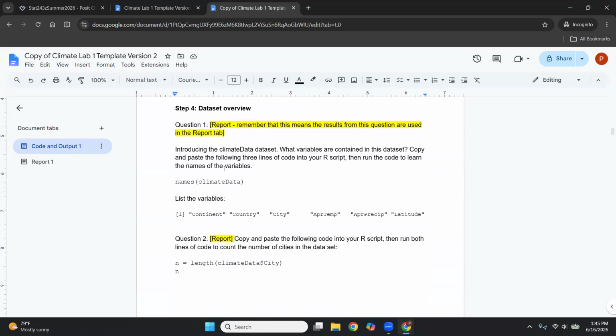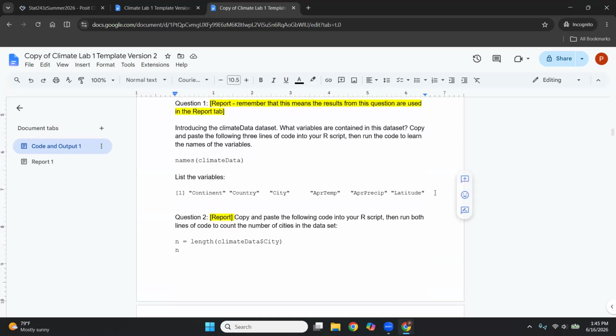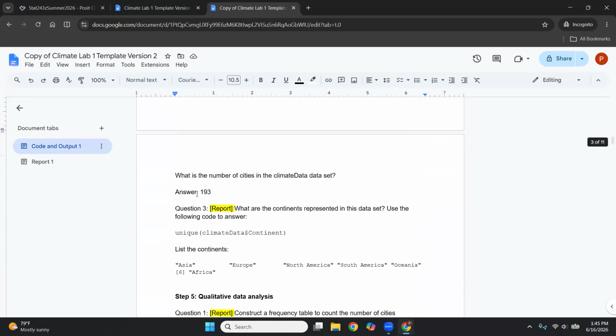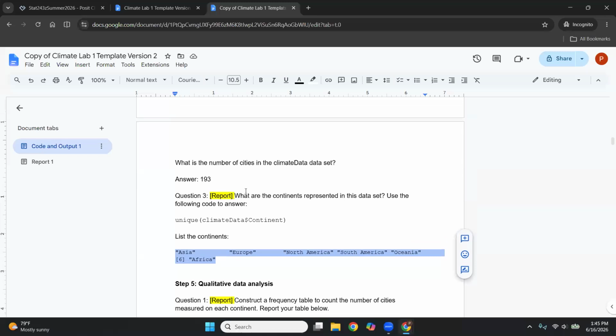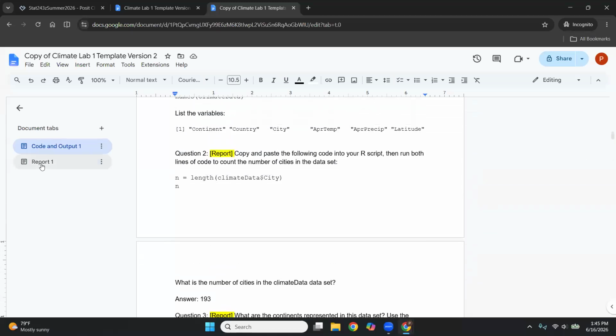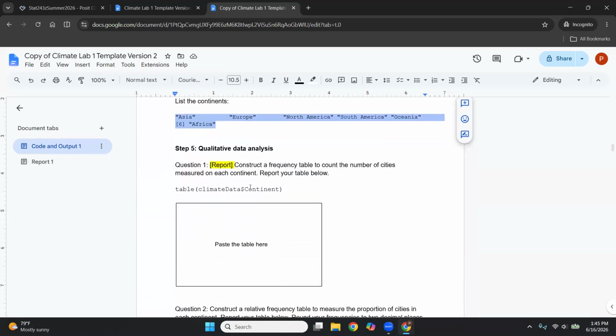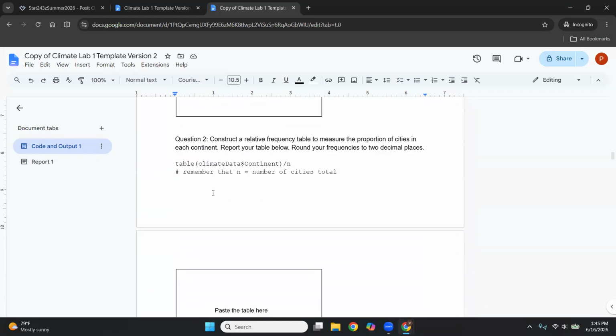So we now have a list of the variables. In the code and output, you can leave it unformatted. It can just be this list in this funny font. Right here, my listing the continents, not formatted very nicely. But when you go to the report, it should be written as a report that someone would actually want to read. So for lab 1, you go through step 5,